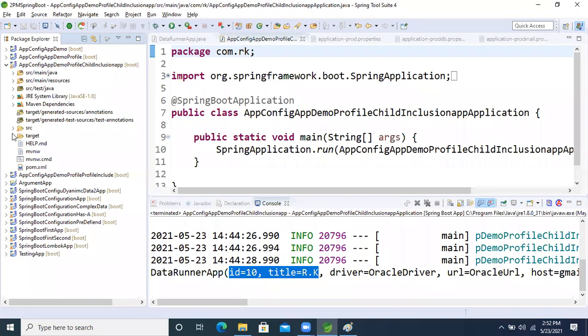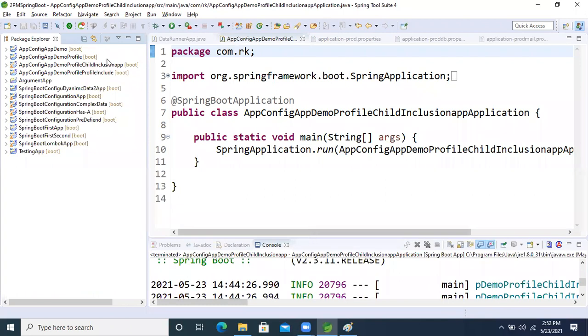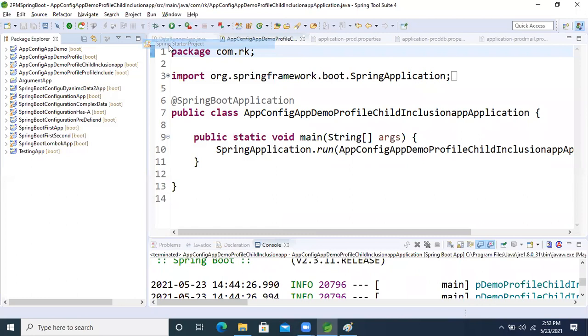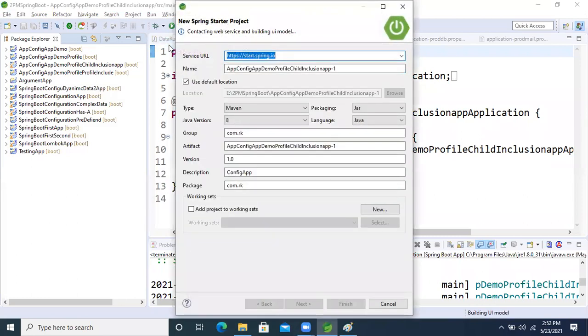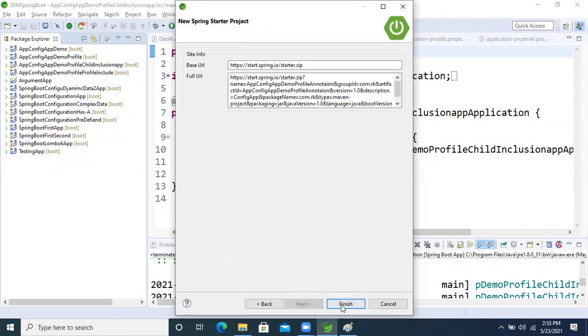We are doing this for demo purposes. File, new, then take the Spring Starter Project. I'm calling it profiler annotation. Next, use Lombok, select this version, next, finish.